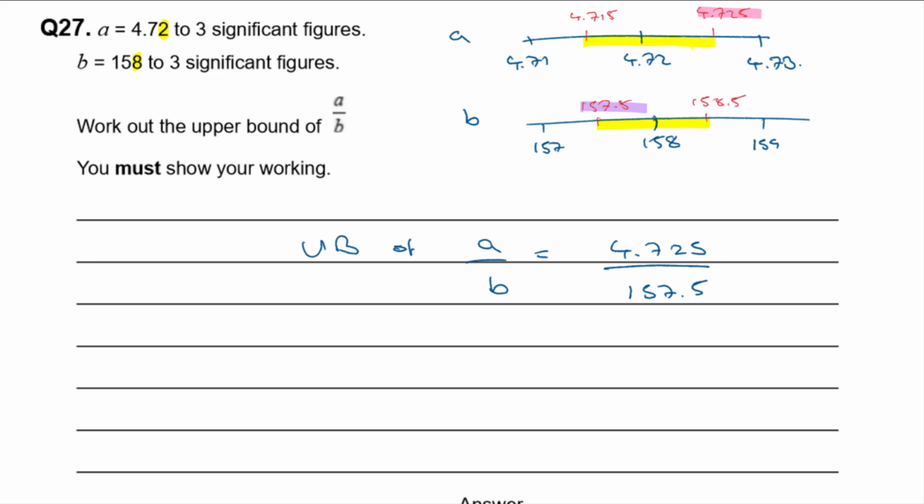4.725 divided by 157.5. Apparently that's 3/100ths, or